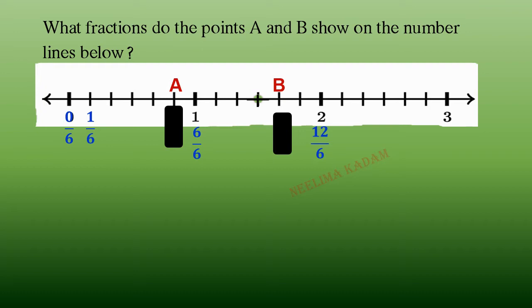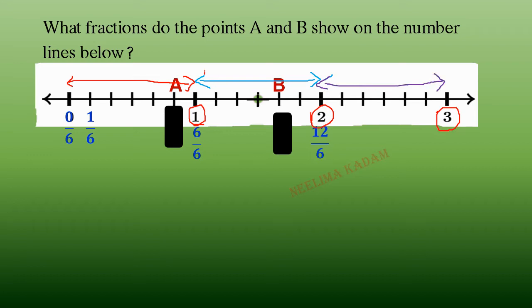Now observe this carefully. Now see here. Here it is number 1. Here it is 2 and here it is 3. Means this distance is 0 to 1. Getting? This is unit 1. Similarly, I am taking another color. This one is unit 1 and third, this is 3 units.